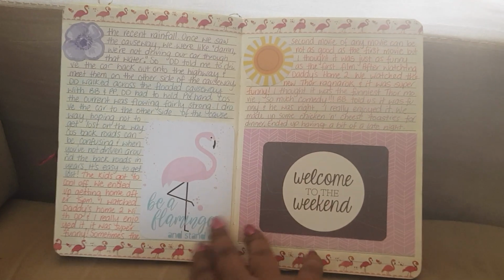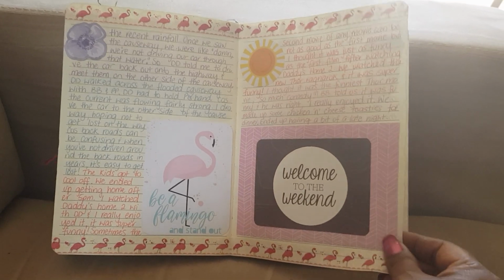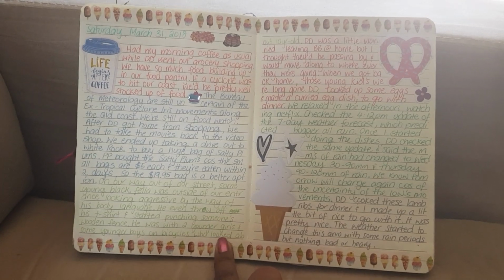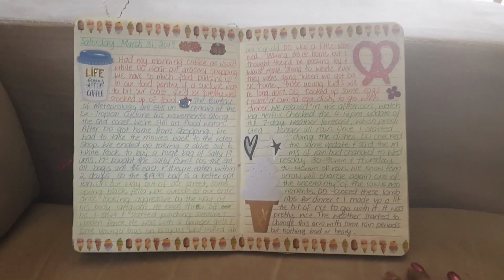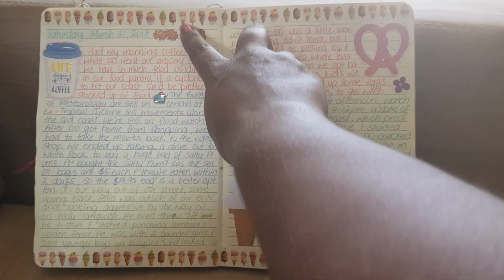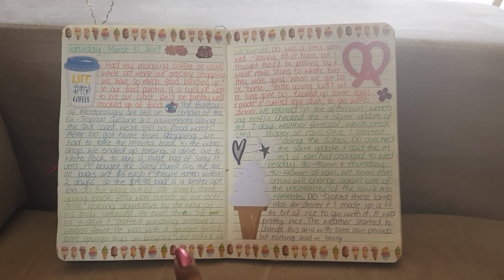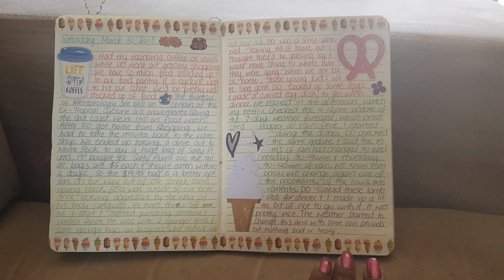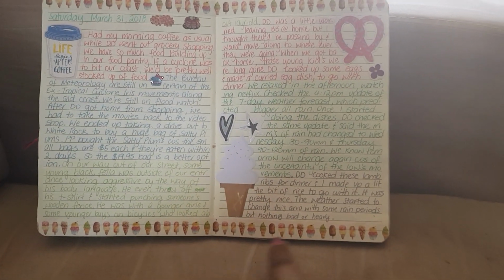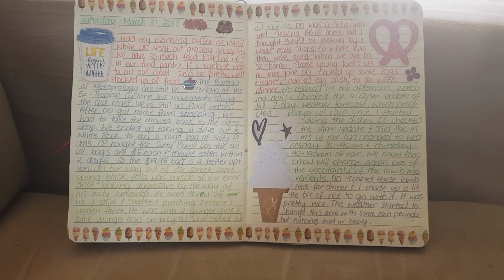Did the same thing again with this, just using scrapbook paper and then sticking a journal card on top, just being different. And the 31st of March, I'll just leave it here, using a lot of nice die cuts that I had, some stickers as well. I don't know what they call those stickers. But anyway, I went with a food, sweets sort of theme. And I love this washi tape down here. That was the washi tape that I used, which I think I'm short of, so I may have to get some from